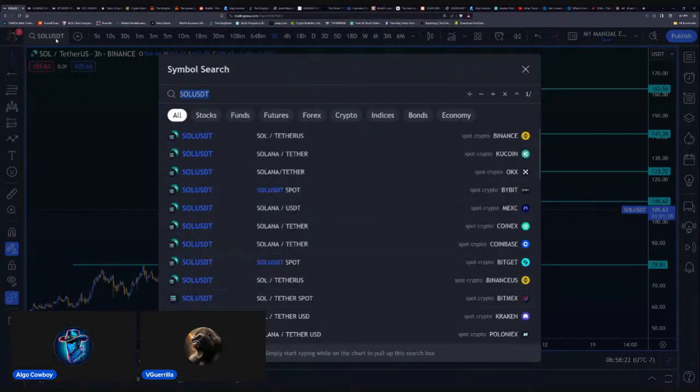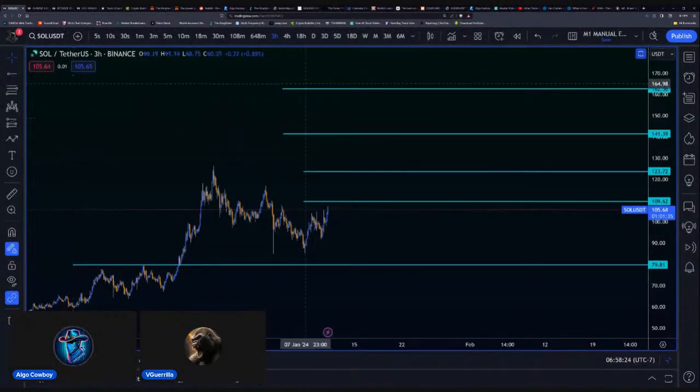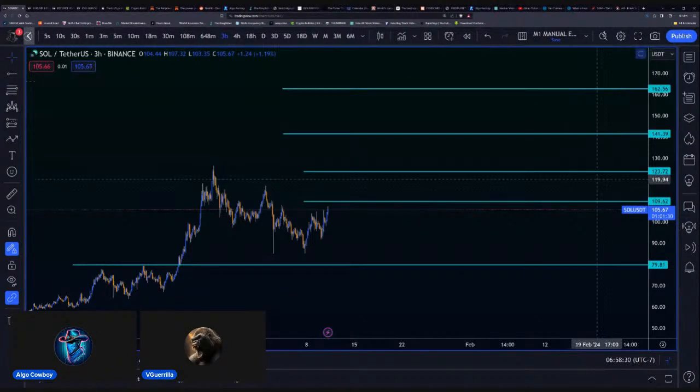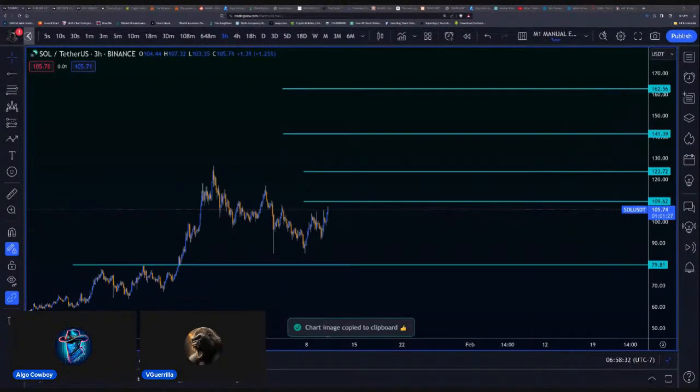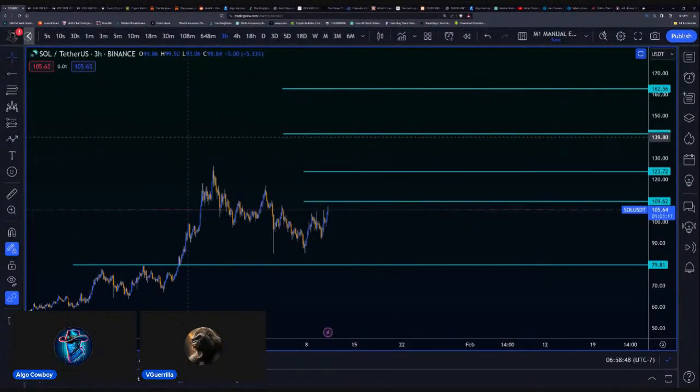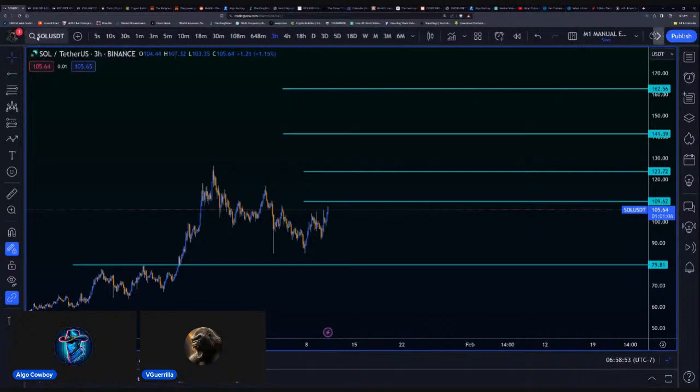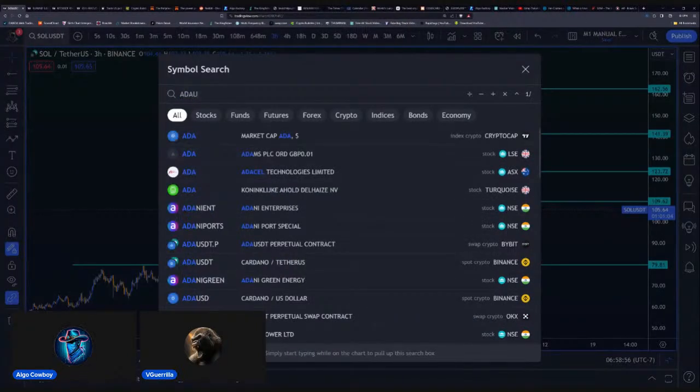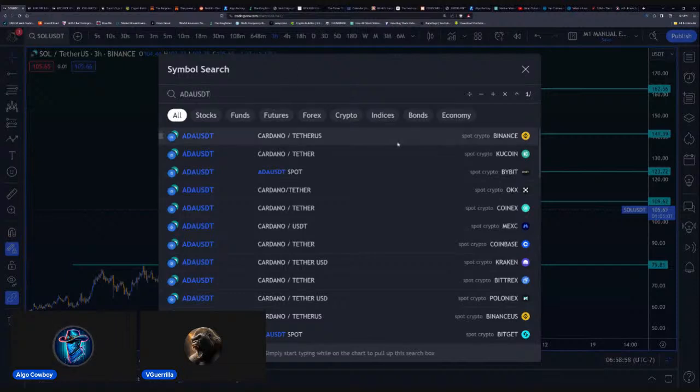Let's look at ADA real quick. Let me actually save this real quick, because that's pretty valuable. This is Solana right here. I'm going to save this and put it in the live lab real quick. Today's Solana analysis. Okay, cool. So we've got this cataloged over in the live lab. I'll put that on Twitter X as well later. So let's go over to ADA. And since I started this a little bit late, we'll keep this going just a little bit later.